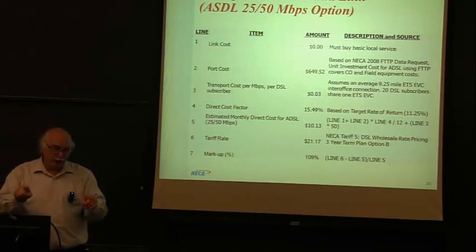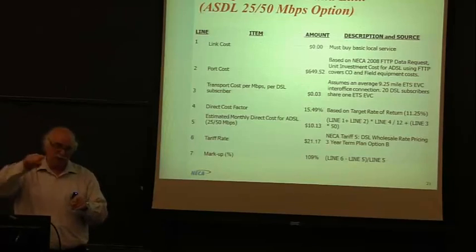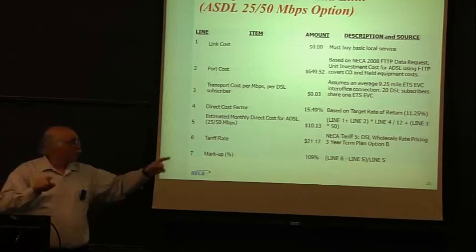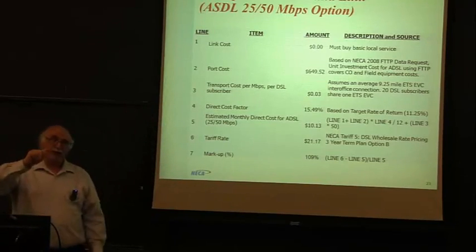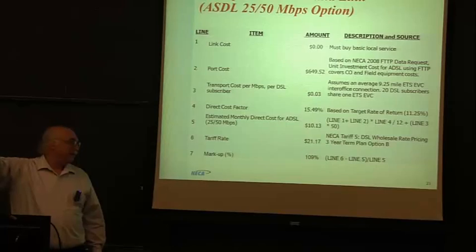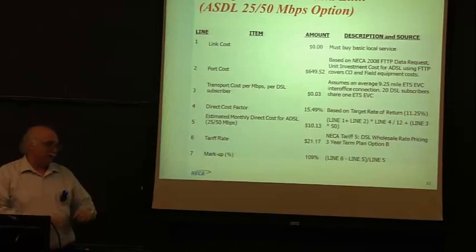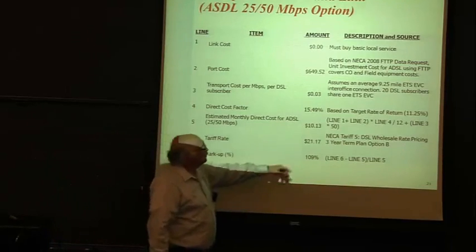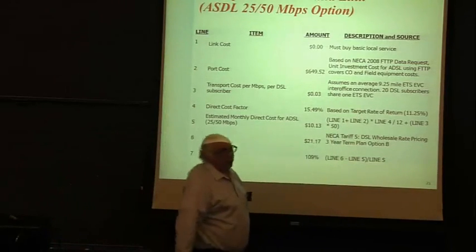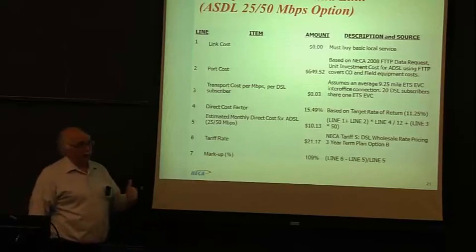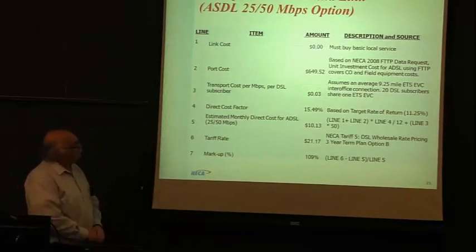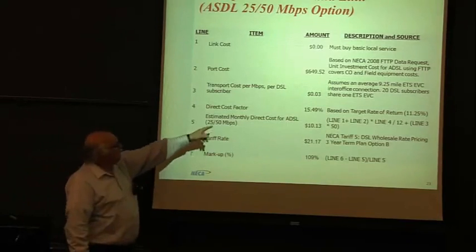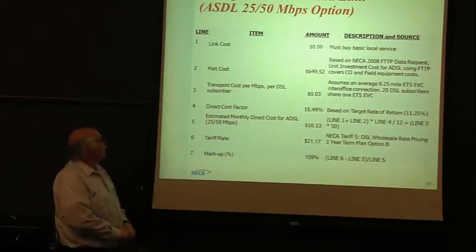In other words, if you have 20 DSL customers, they're not all using the backbone at the same time. So you can actually have 20 of these customers, and they only use one equivalent amount of capacity in the backbone. So we have an oversubscription here of 20 customers. With video, that's going to come way down, real-time video. But when this was done, it was 20 customers. And we get 3 cents per megabit.